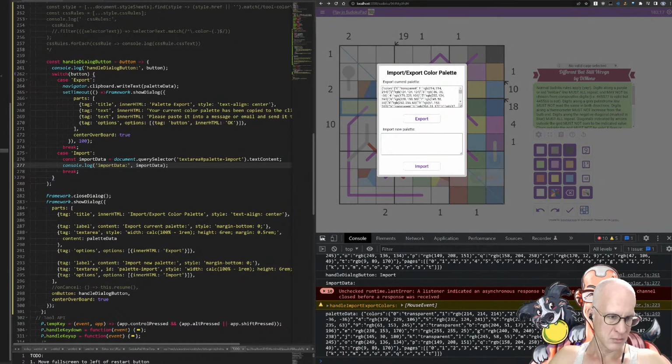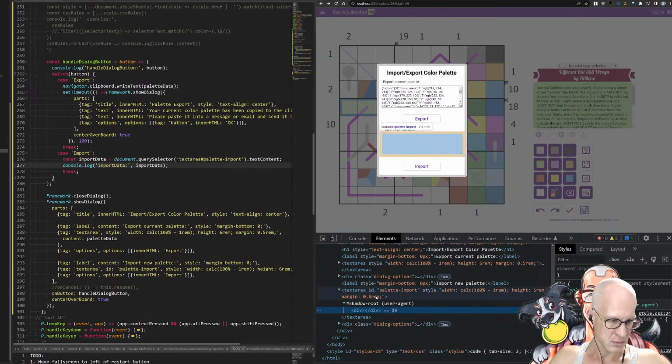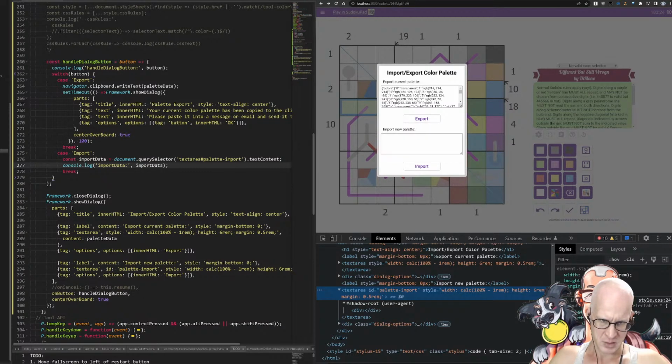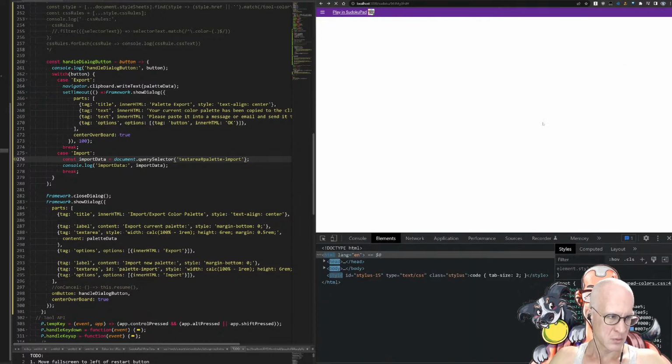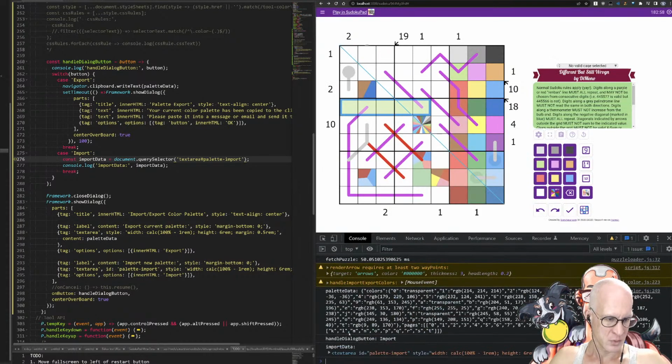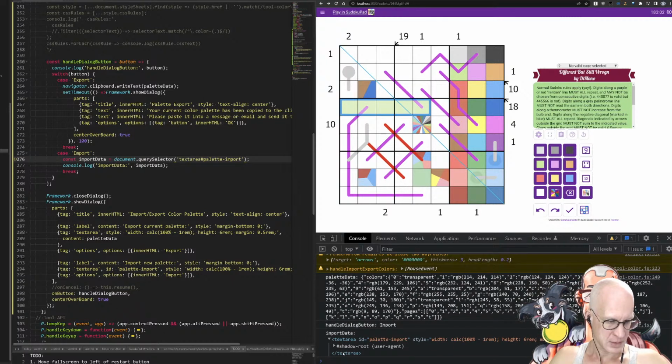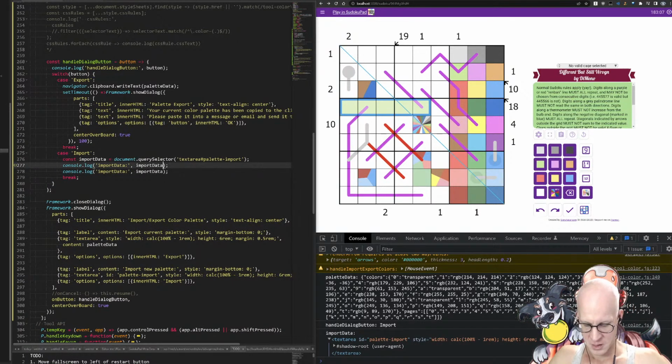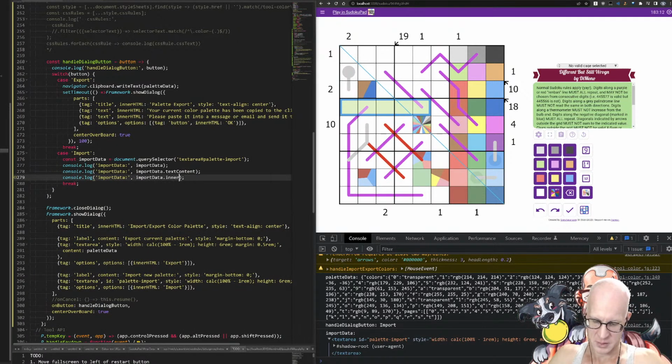I have a feeling the ID is not assigned. Text area, palette, import. Text area, palette, import. Text content, creation, data. Okay. So go here, go there, press import. Text area, import data, dot text content, dot inner HTML,